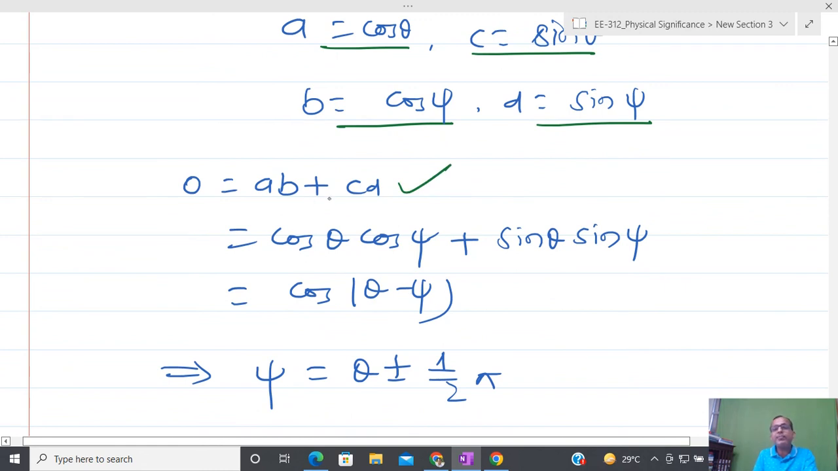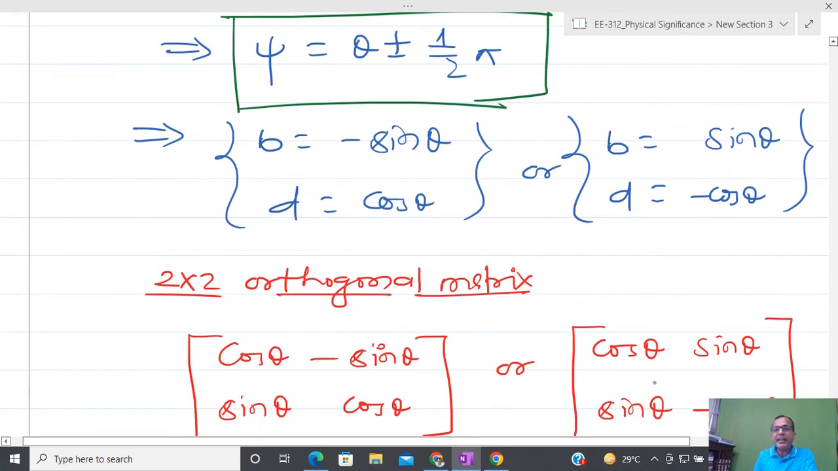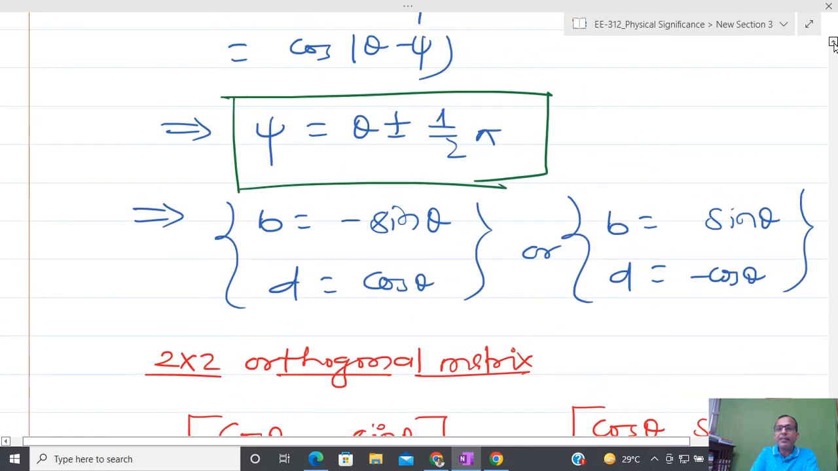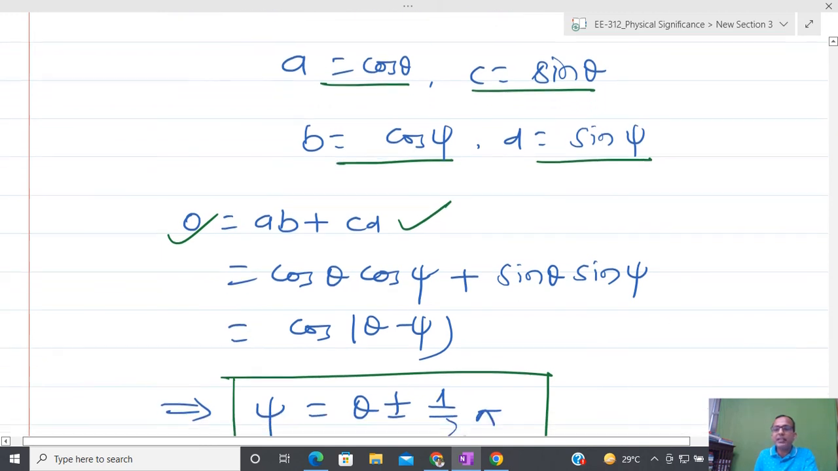So from AB plus CD equal to 0, you are able to establish a relationship between psi and theta. Because I have to force cos of theta minus psi equal to 0, if I select psi as given like this, then I can say that this condition will also be satisfied. So now I am able to change this psi by theta. If you replace psi by theta plus half pi, then you are able to get things like